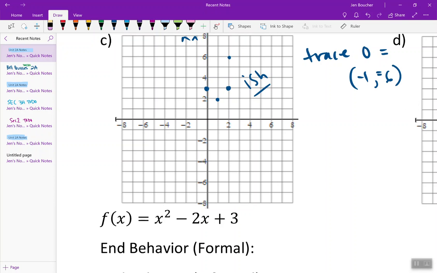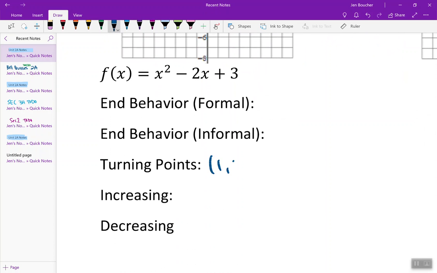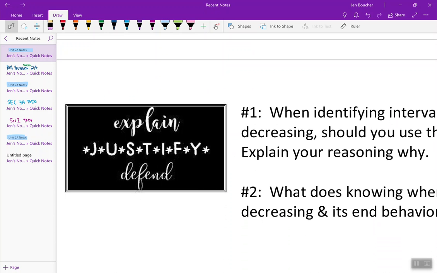That's just a whole lot of ugly right now. Let's try again. You know what? Okay, moving on. So turning points happened at 1, 2. And then, are you okay with increasing, decreasing? Okay, well, it is almost 11-ish. So we,